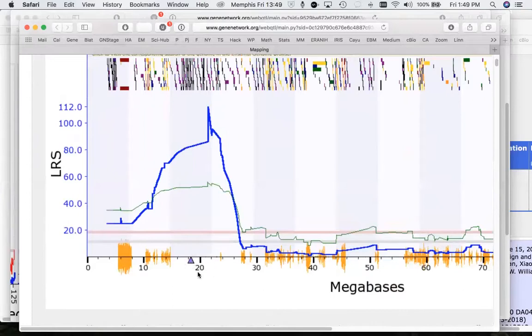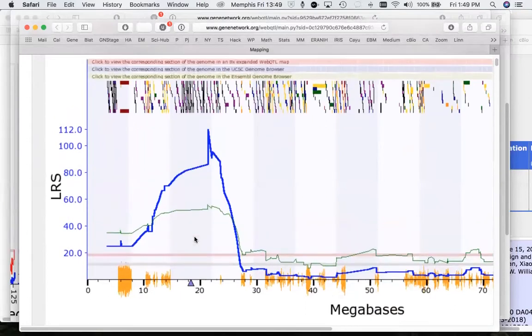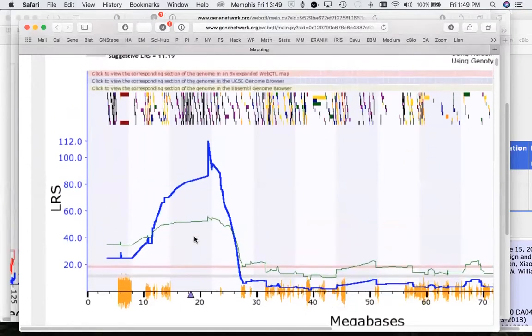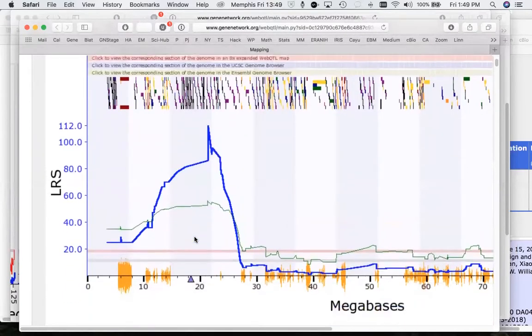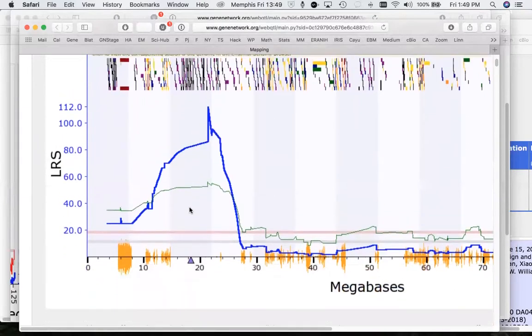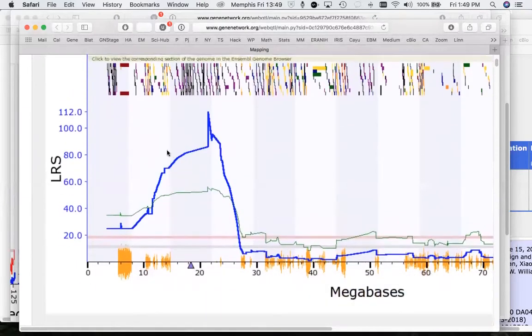So even though catechol O-methyltransferase is in a region that's almost identical by descent. In fact, it's not identical by descent because we know we have that retrotransposon that got plunked into the middle of the 3' UTR in the mother of the cross, the C57 black 6. So this is how you get causality.